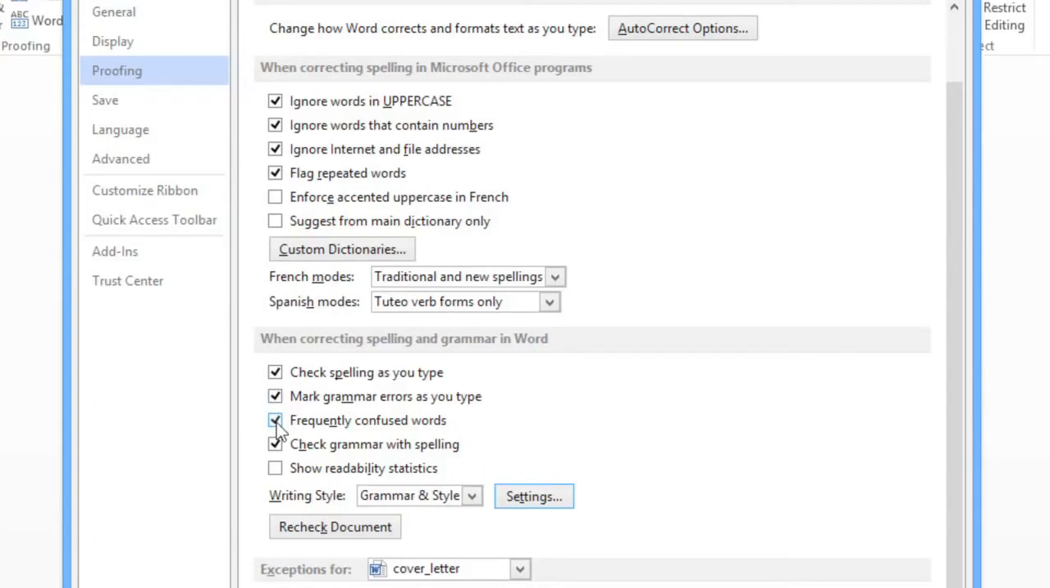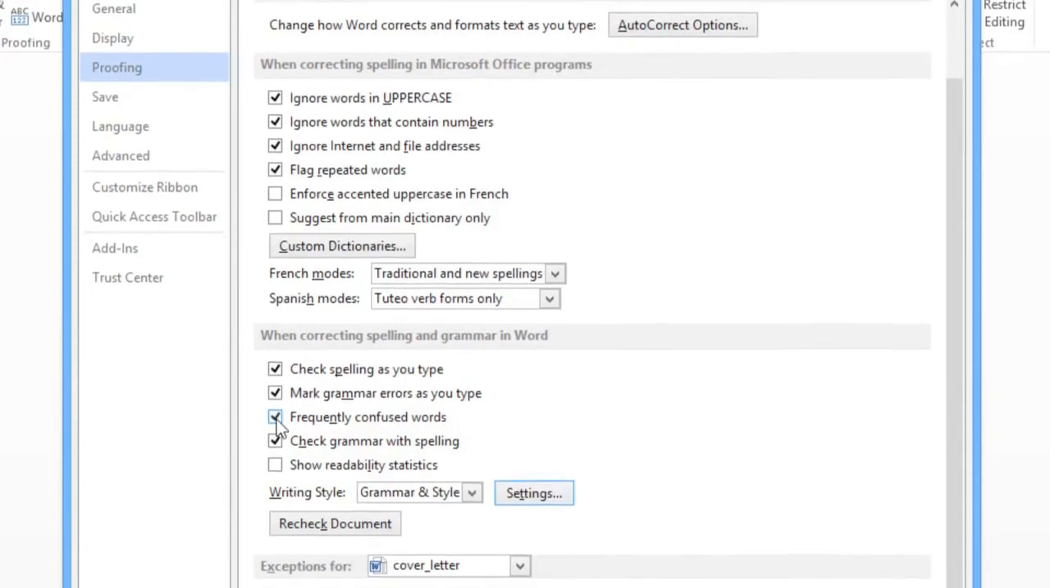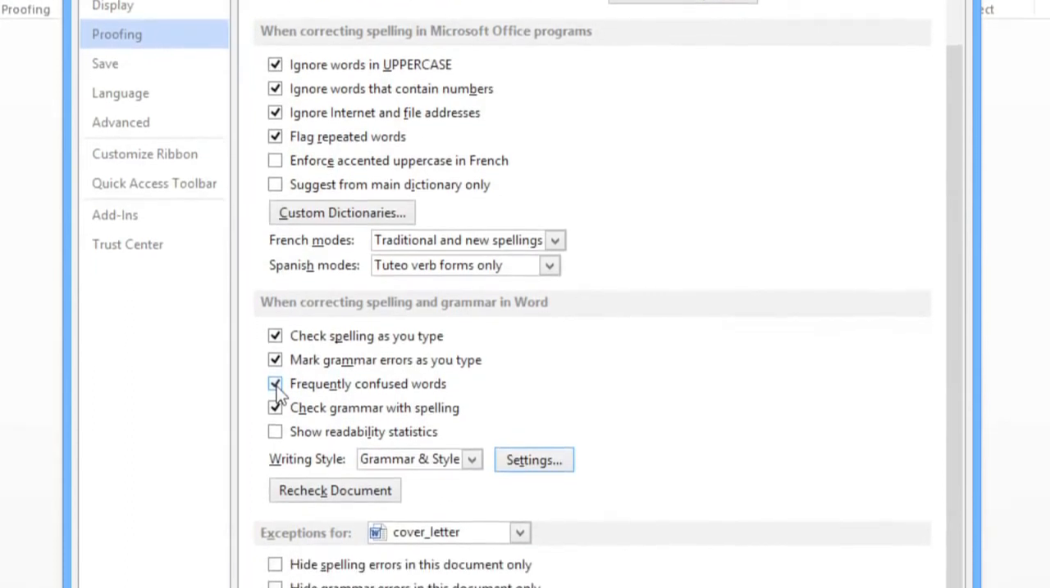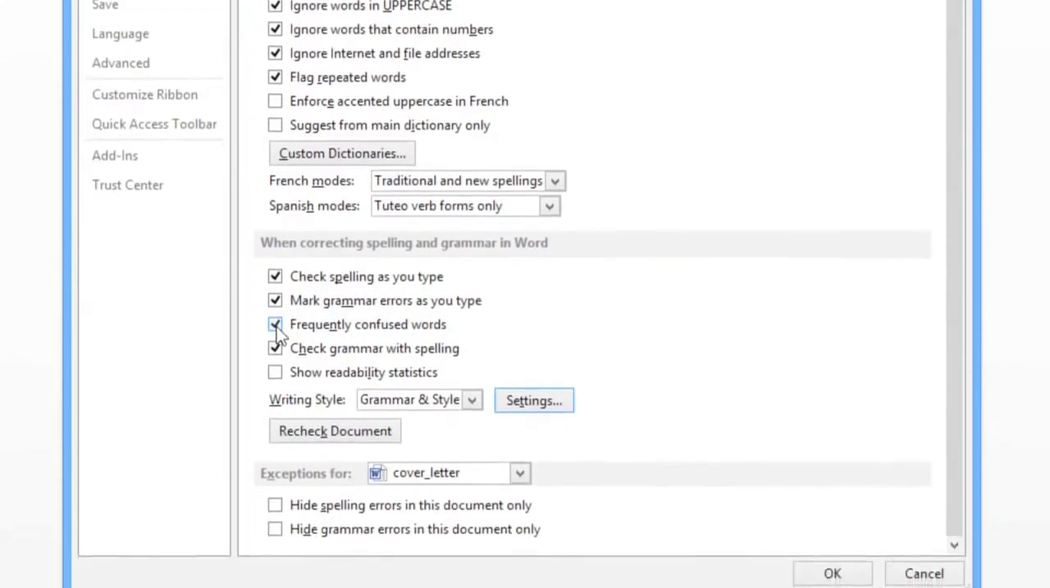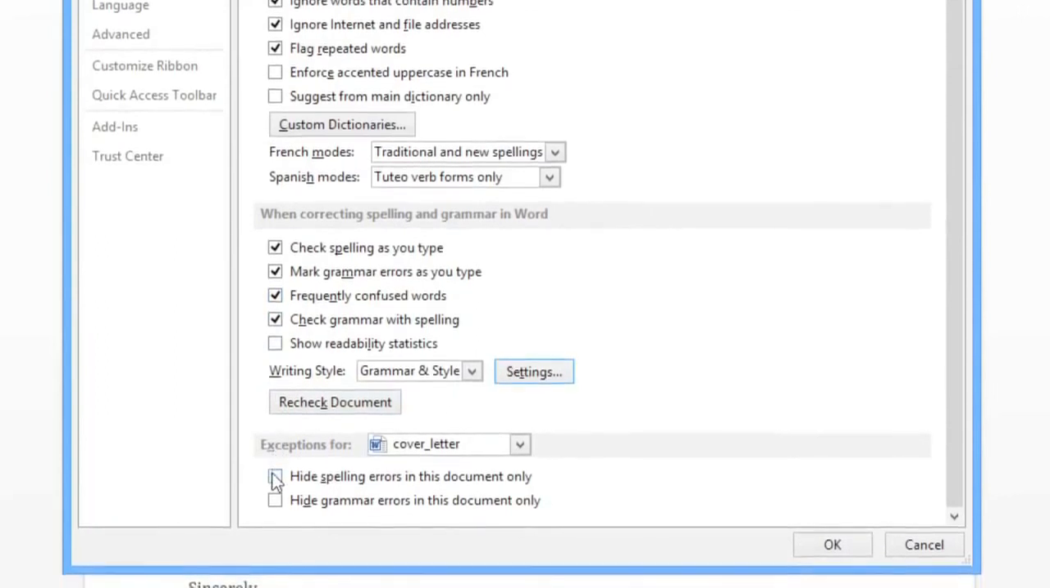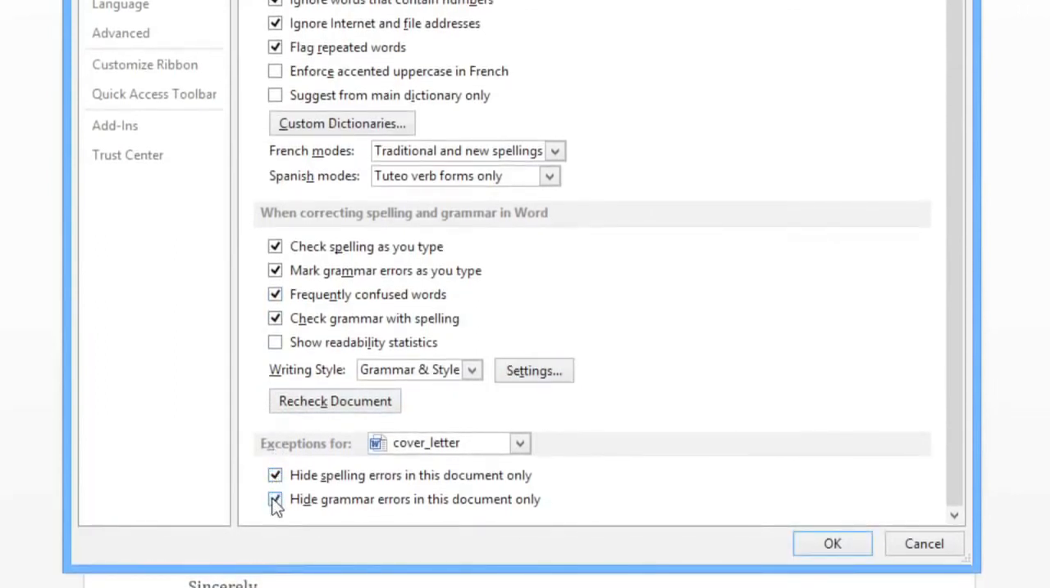Keep in mind, your spelling and grammar choices only apply to your copy of Word. So if you ignore any errors or add a word to your dictionary, for example your name, those wavy lines will reappear when you send the document to someone else. You can avoid this issue by hiding spelling and grammar errors in this particular document. Just check the two boxes near the bottom of the window. When you're done,